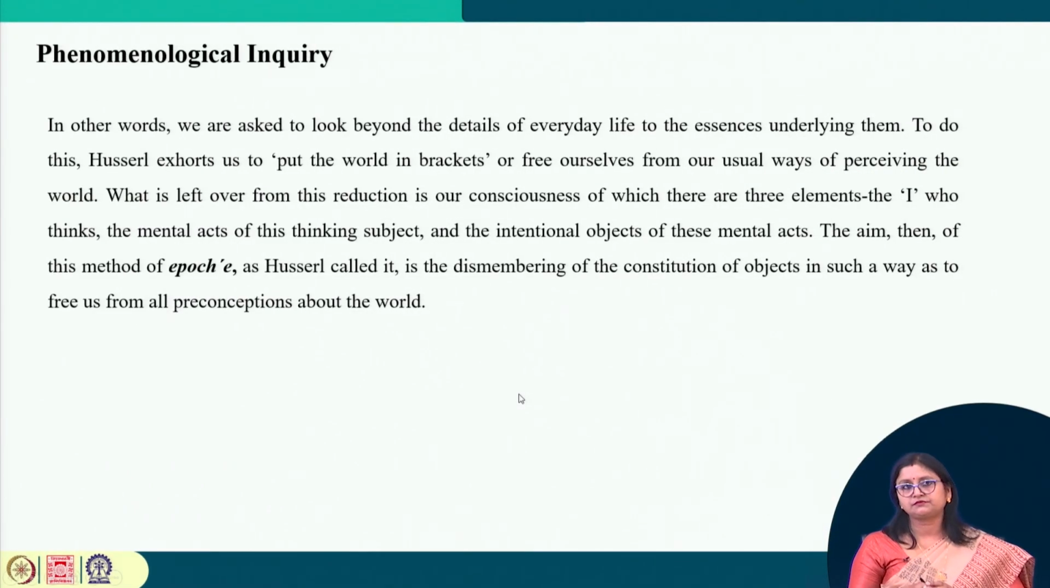context. In other words, we are asked to look beyond the details of everyday life to the essence underlying them. To do this, Husserl exhorts us to put the world in brackets. This is also a very important note. I could have